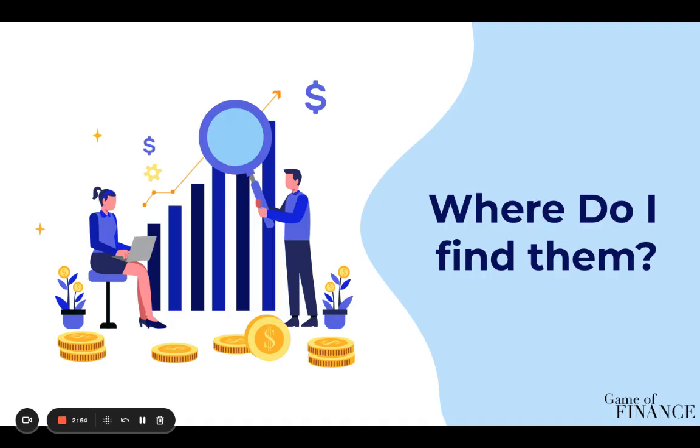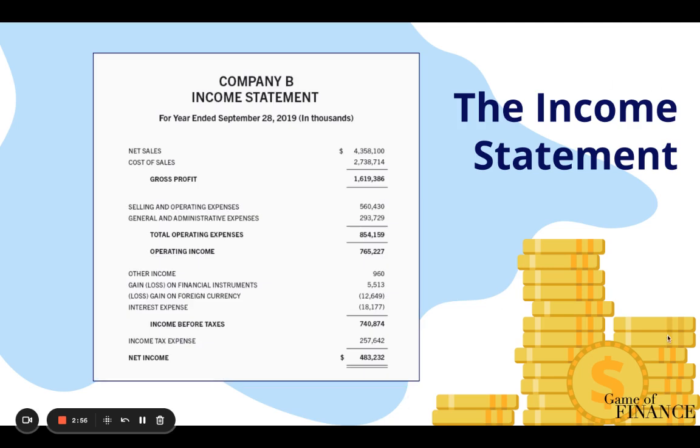Okay, so let's move on to the income statement. An income statement is a financial document that shows the revenue, expenses, and profit of a company over a specified period of time, typically 1 year, or in the accounting world, it would be considered 1 fiscal year. It provides information about how much money a company has made, how much it has spent, and how much profit it has generated. An income statement typically has 2 main sections: